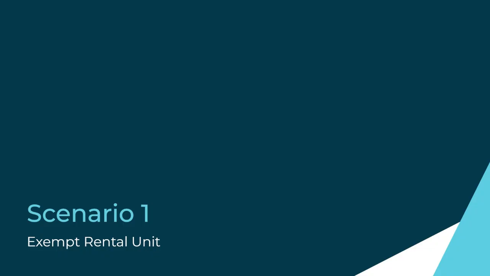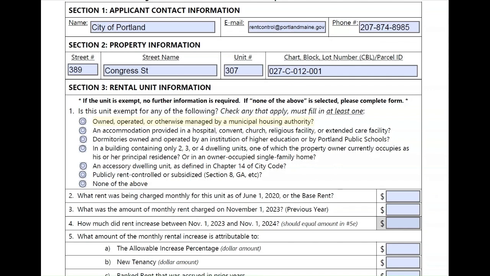Scenario 1, Exempt Rental Units. There are 5 exemption categories in the Rent Stabilization Ordinance. They are units owned, operated, or otherwise managed by a municipal housing authority, accommodations provided in a hospital, convent, church, religious facility, or extended care facility, dormitories owned and operated by an institution of higher education or by Portland Public